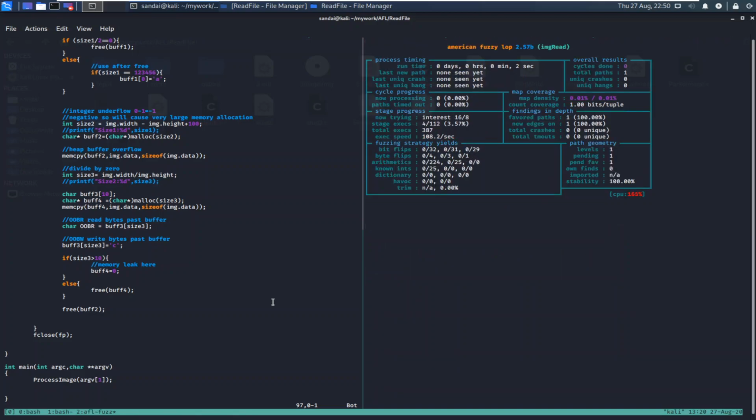Okay, let's wait for some time. Oh, we started getting crashes. They are increasing. So far we have around 6 crashes. We actually have 6 unique crashes, 7 now, and our total crash count is increasing. We'll wait for some time. One thing to note here is that total timeouts are also increasing.